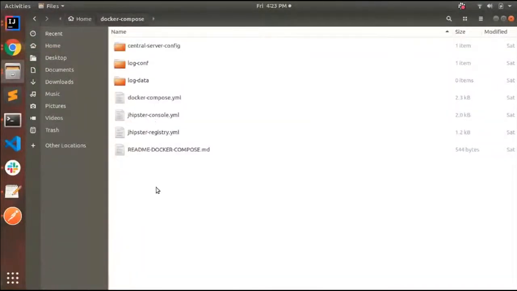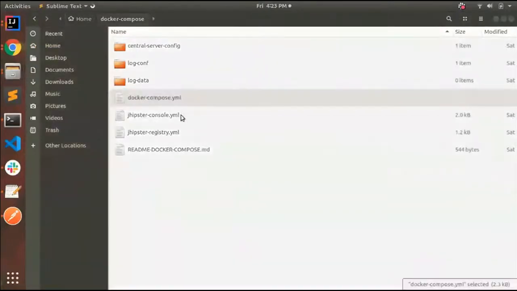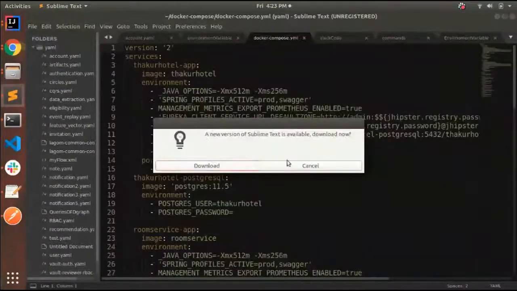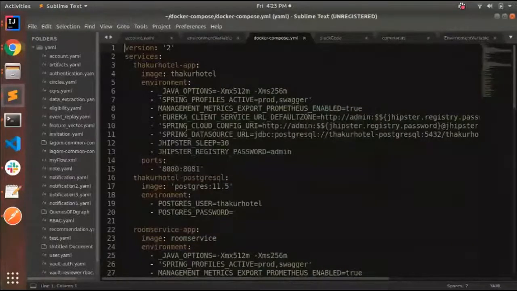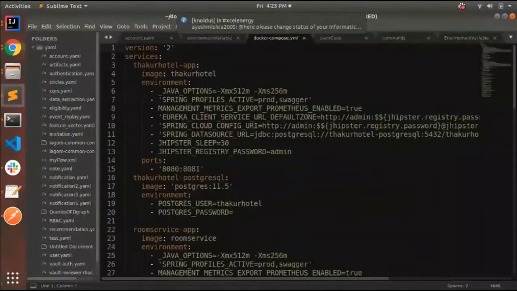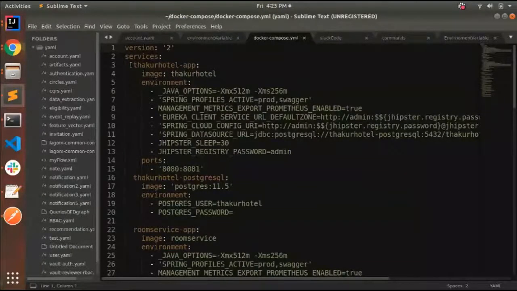The one that I have already shown you through my example. Here we can see the Docker Compose YAML file that has been automatically generated by the jhipster Docker Compose command. The first thing that is set up is the hotel gateway, and it has all the environment in it, and it shows on which port it is working.